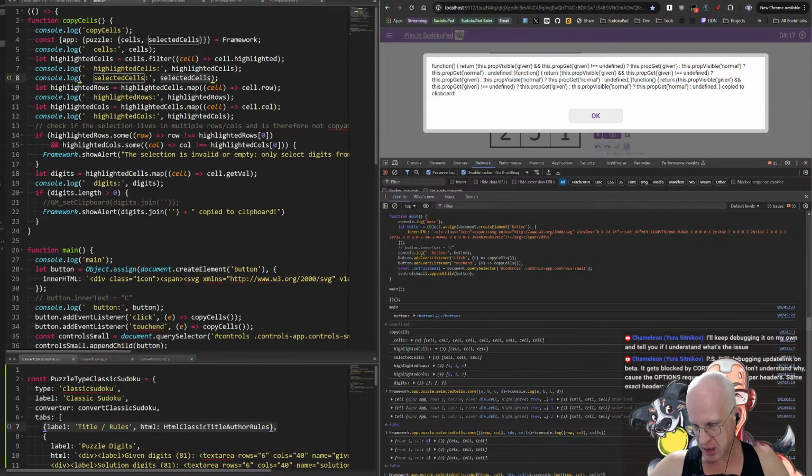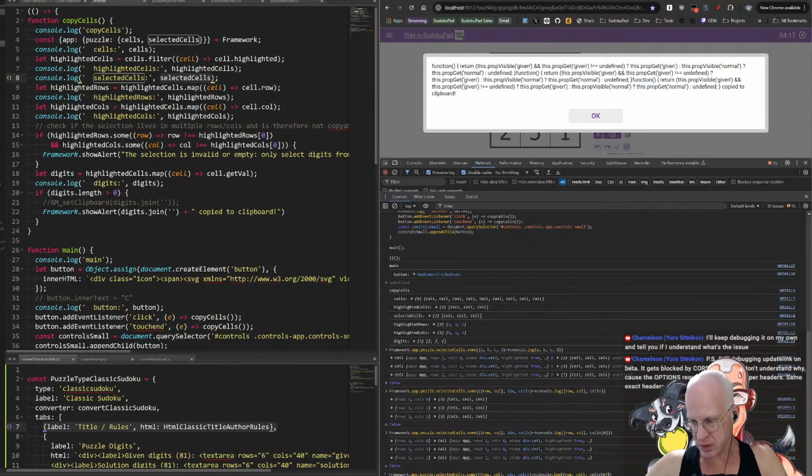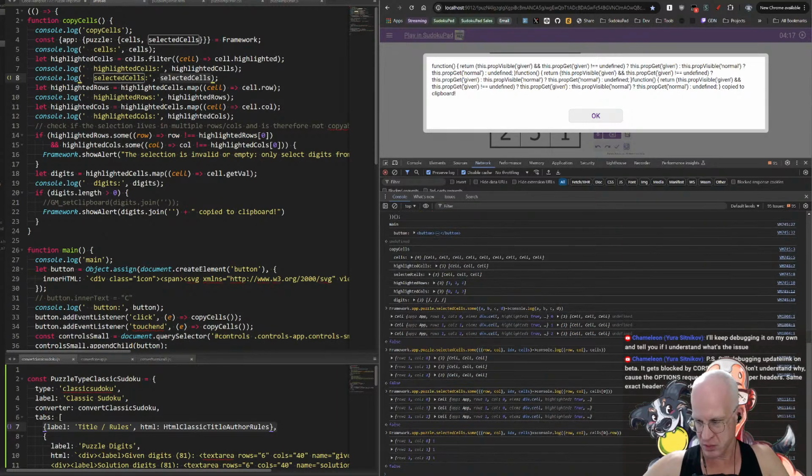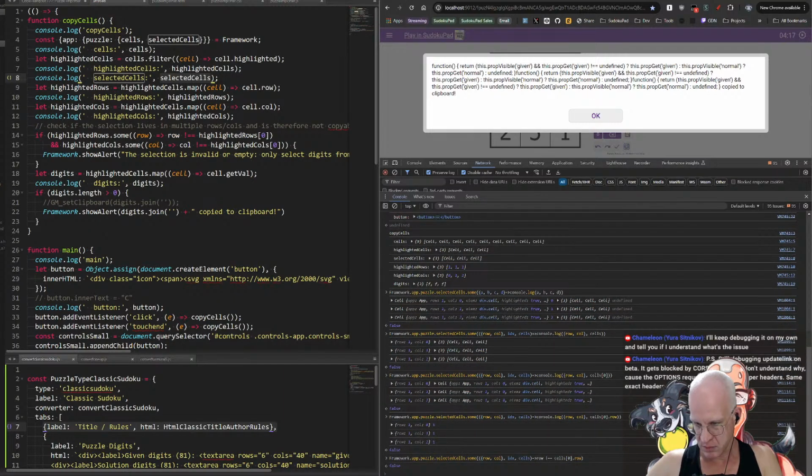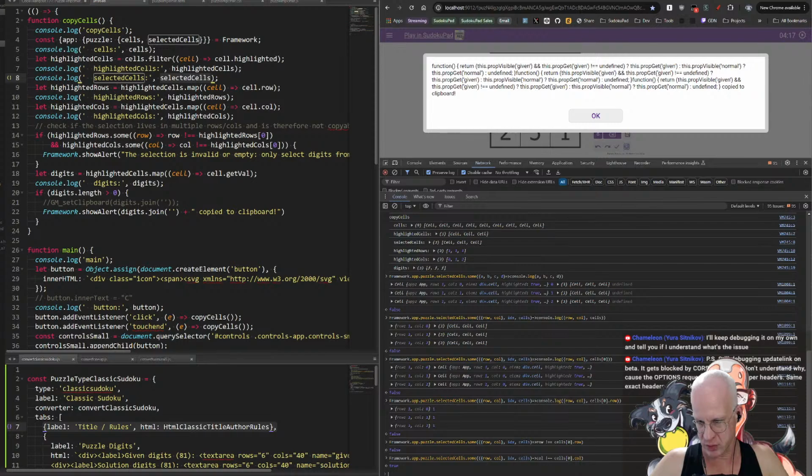So if I say cells 0, for example, right, dot row, if some of these are not equal to that, so if some row is not equal to cell 0 row, false. And if I say col,